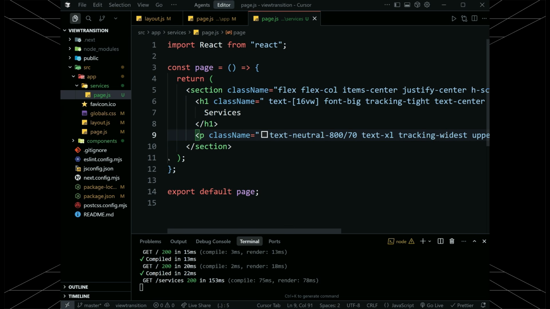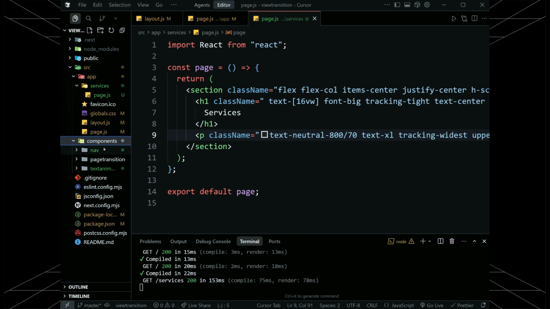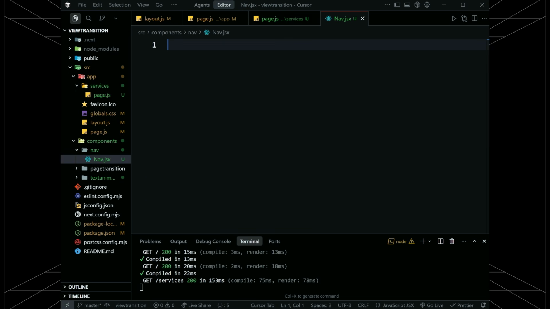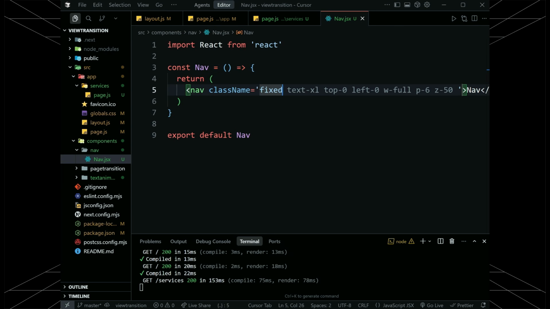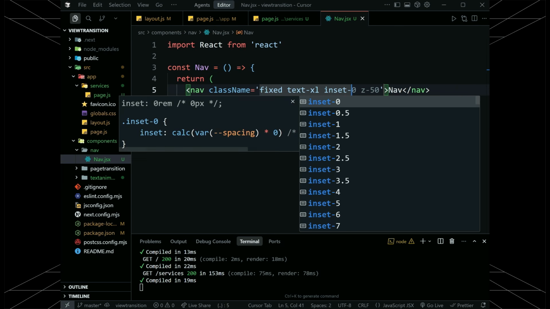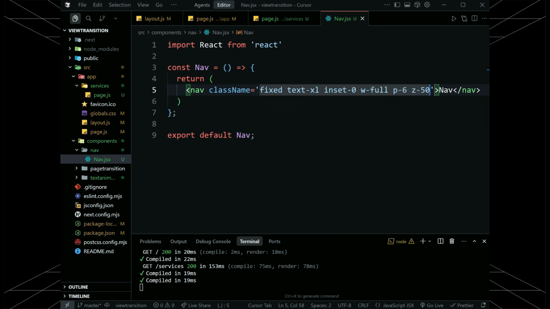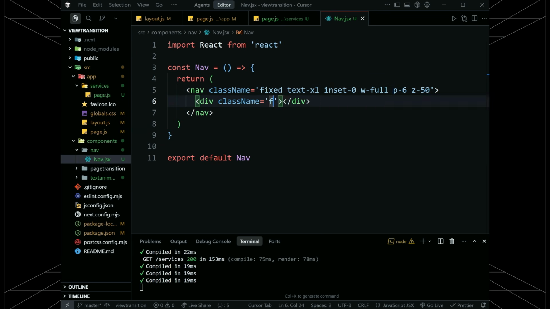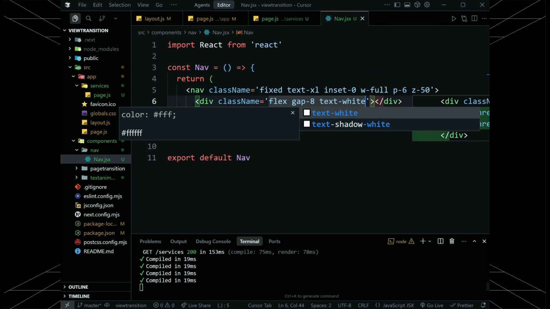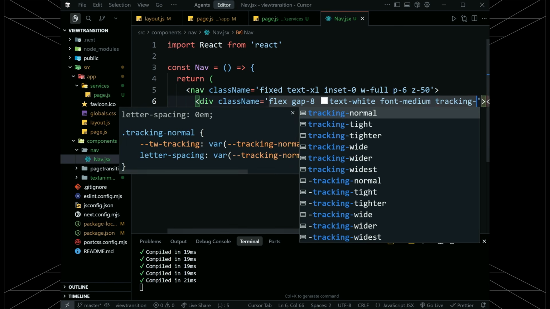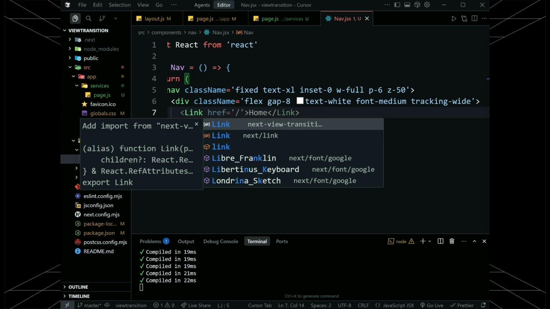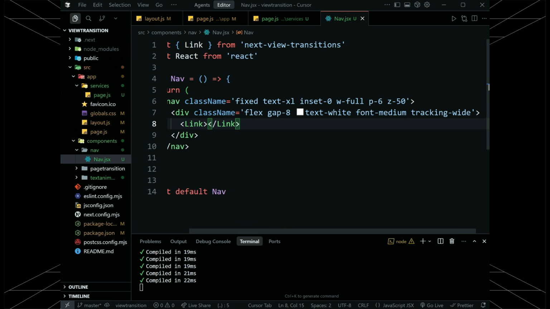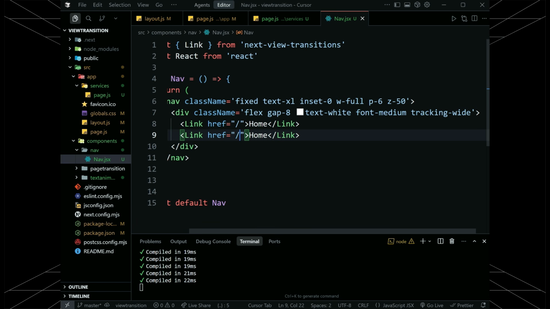Now that we are done with the layouts, let's move on and start building the navigation bar. First, I am creating a nav element and giving it a fixed position with inset 0, so it stays sticky at the top of the window. Inside it, I am creating a div with display flex and gap of 8 to place the navigation links. Now comes the most important part. I am using the Link from next-view-transitions and creating two links, one for home and one for